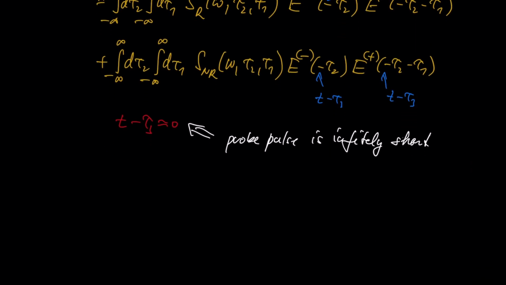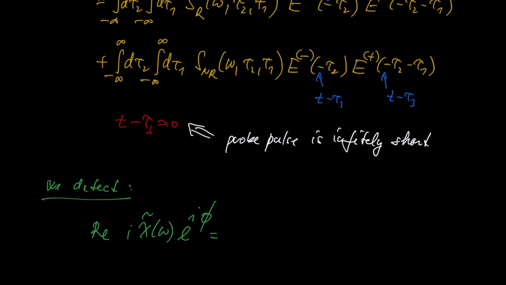So we can conclude that we detect the real part of i chi tilde e to the power of i phi, which is, well, one can see that this is minus imaginary part of chi tilde